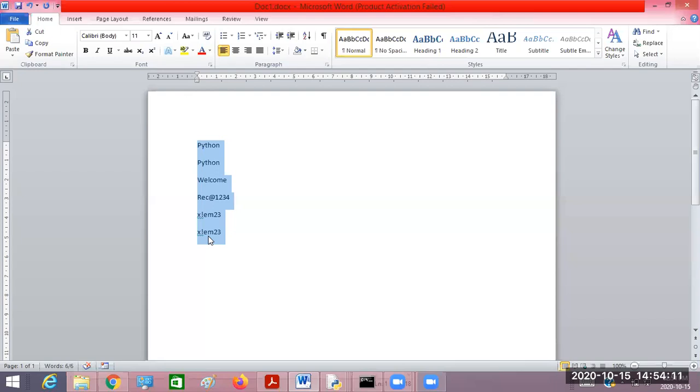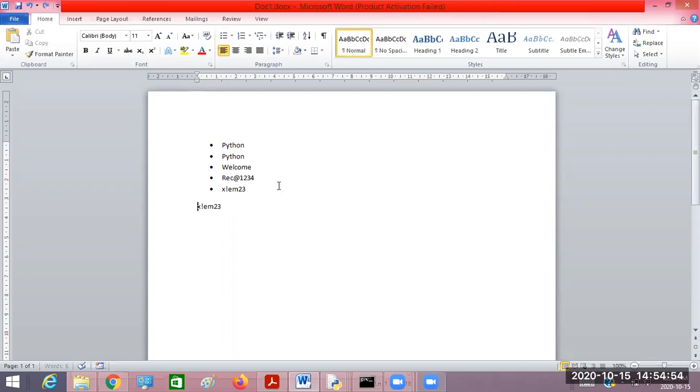Now, with the help of my program, for each of these lines I want to prefix a star followed by a space. I'm doing it manually here, placing a star for each line and leaving one space after that star. So it is inserting a bullet. This I want to automate through the program now.